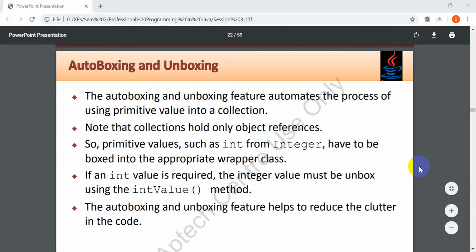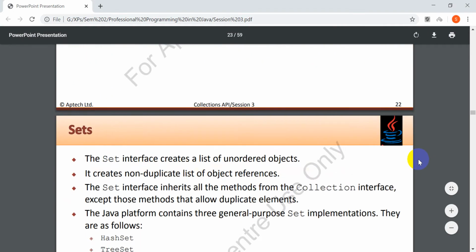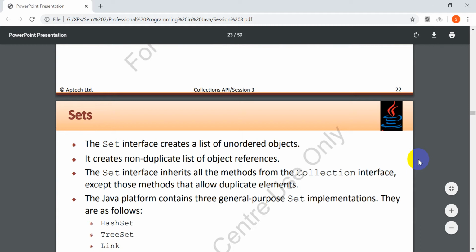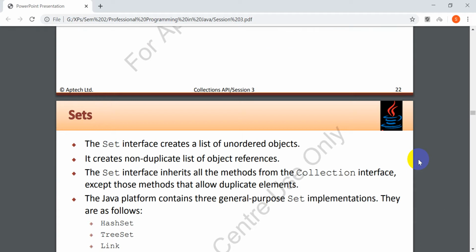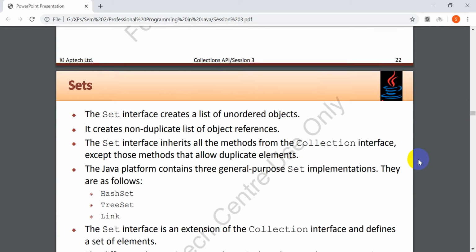Let's continue. Then the set interface creates a list of unordered objects. Set is in an unordered format, just like a set of things, set of classes, set of varieties. So it creates a non-duplicate list of object references. The set interface inherits all the methods from the collections interface. The Java platform contains three general purpose set implementations. They are as follows: hash set, tree set,